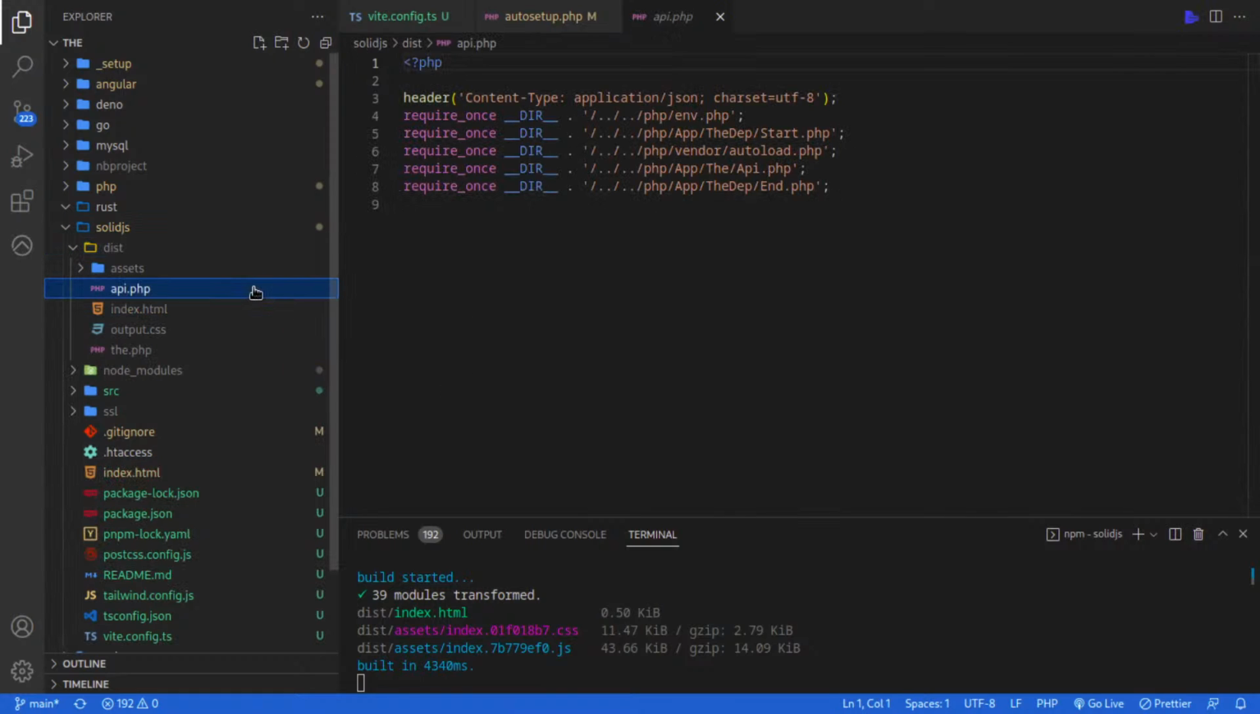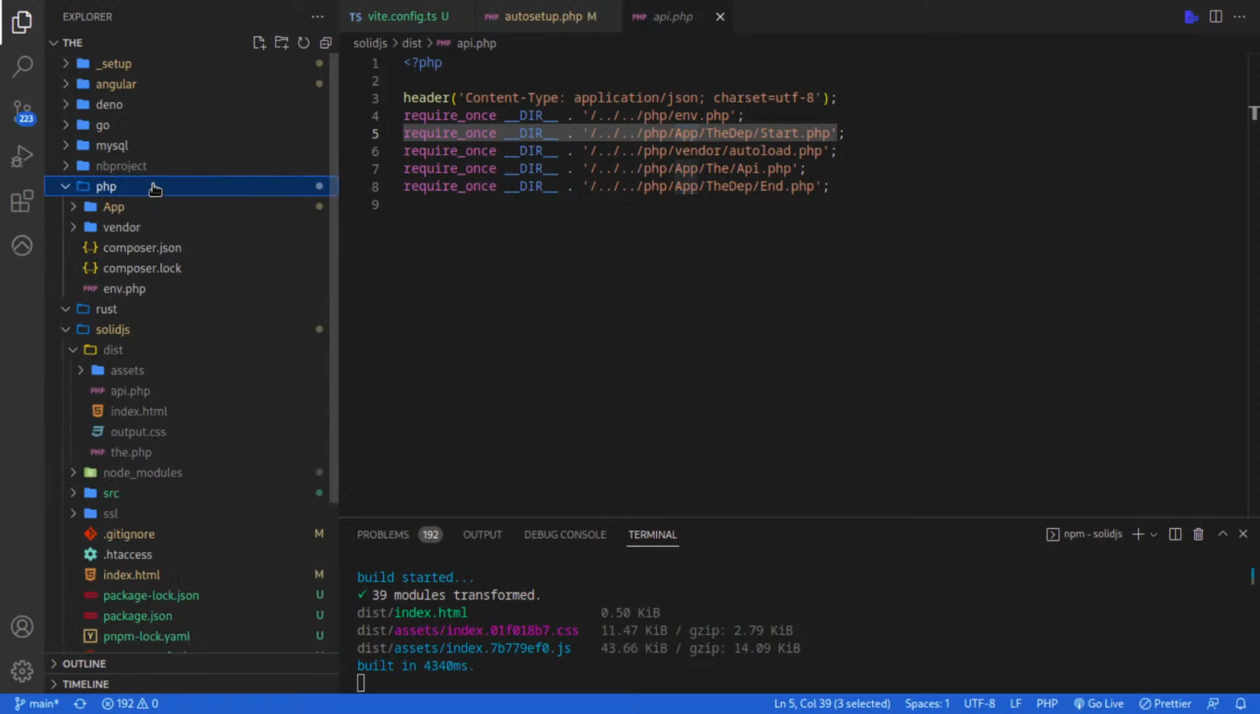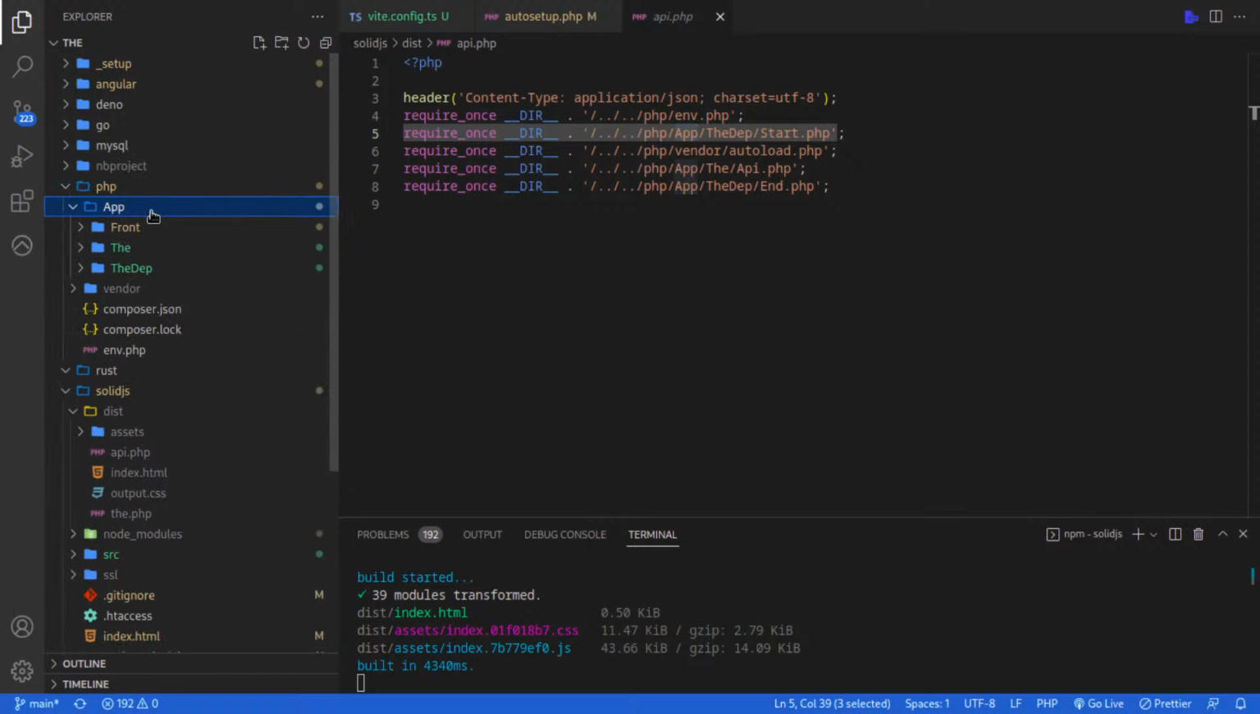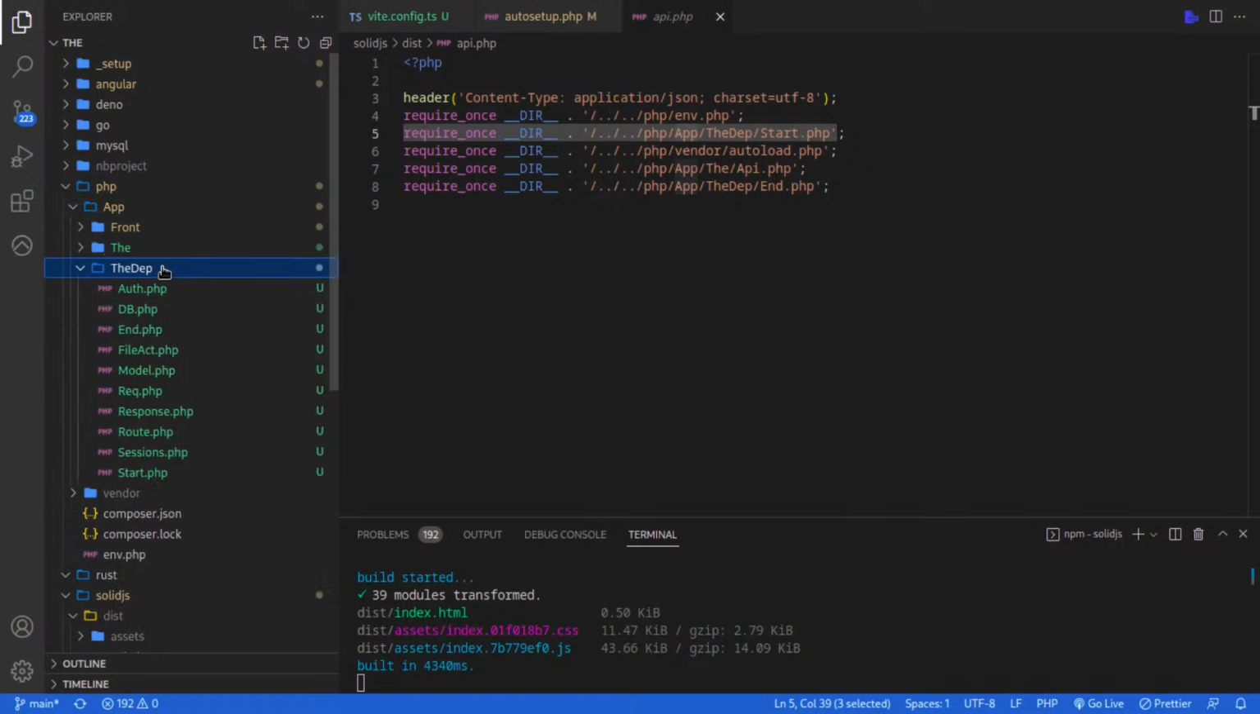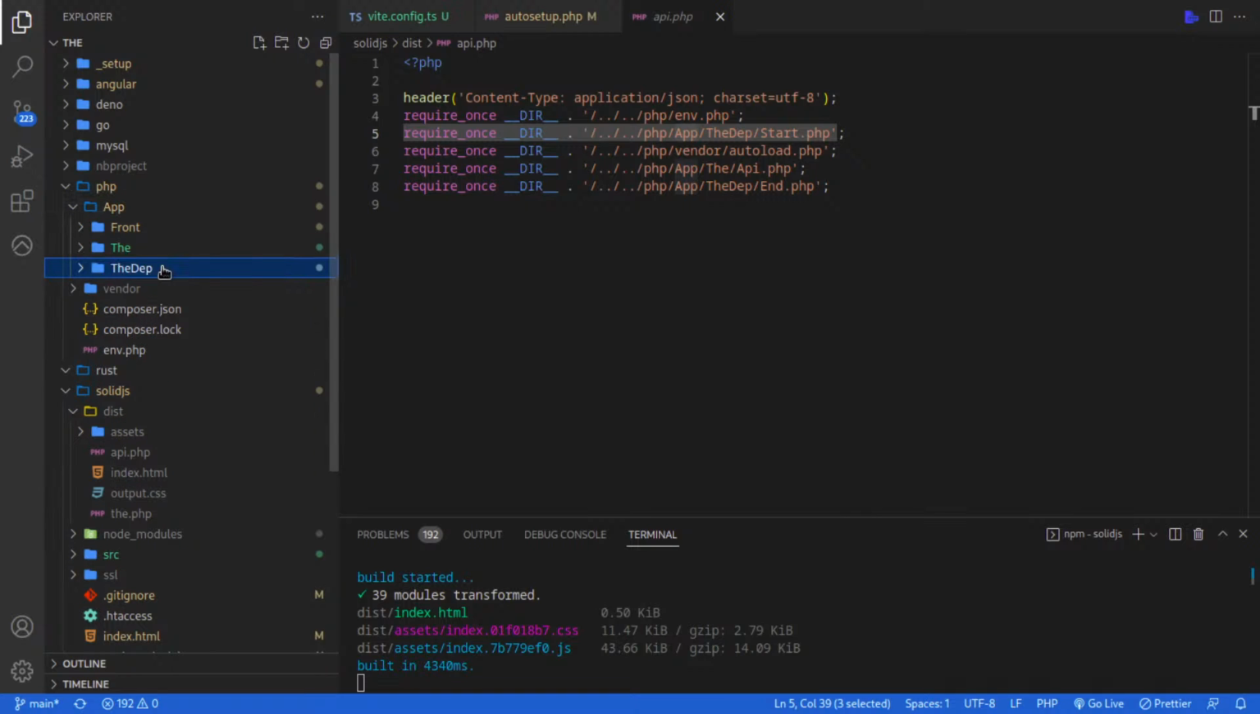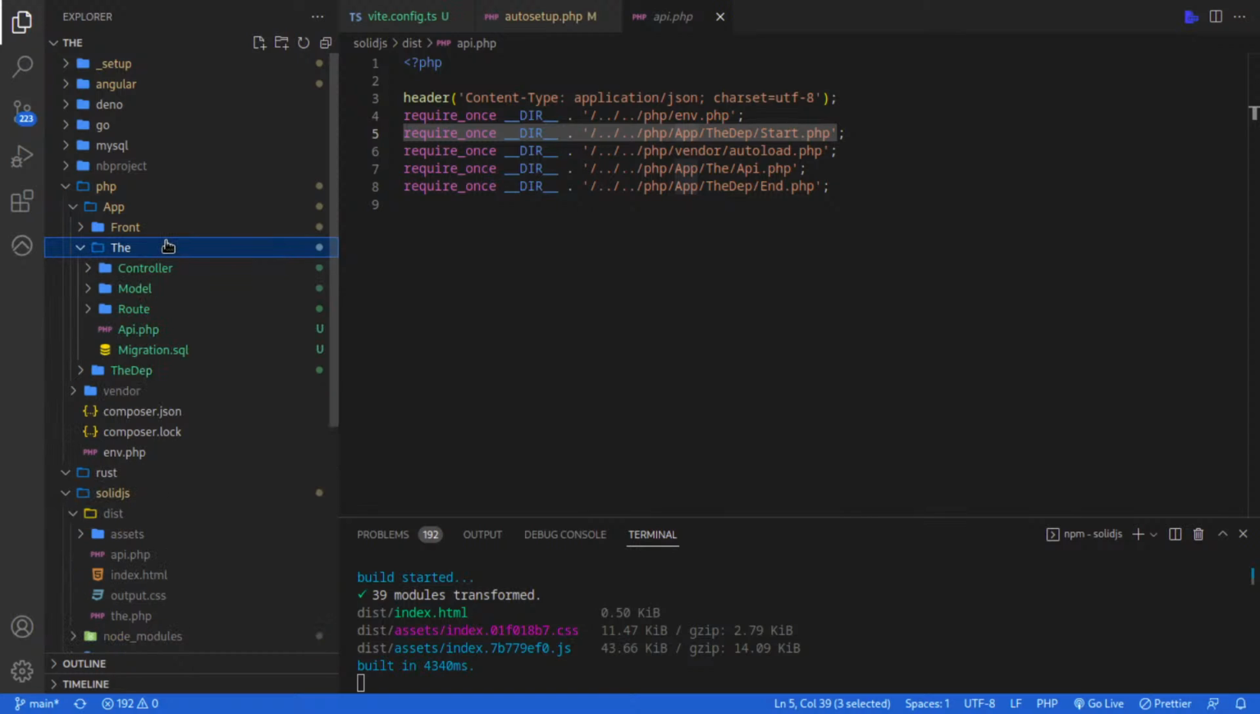Let's see on the APIs front of things. I need to go two times back, and then we have to go to PHP, and then PHP has an app. I don't think so. I removed maybe PHP. Okay, I have PHP app. We have to tap, and then we have to start. Then we have to autoload. And they have the folder also. The folder has API, and